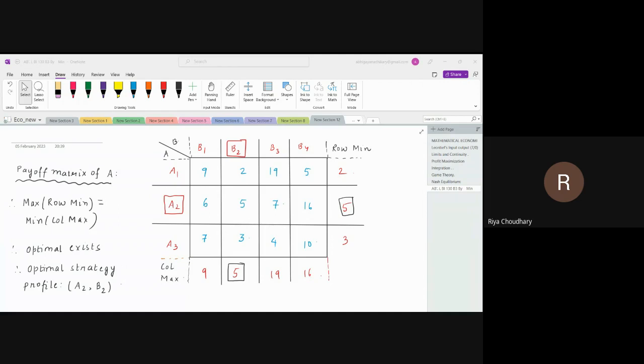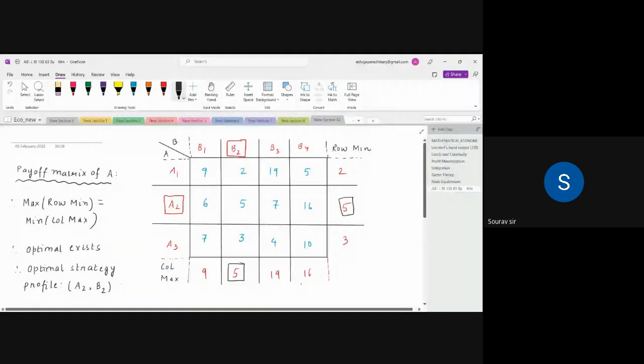19. And how can player 1 get a 19? If player 1 plays A1 and player 2 plays B3, correct? Player 1's optimal target would always be to get to this 19, right? Because that is the highest amongst everything. So he would always have an intention to manipulate or force player 2 to play B3, such that